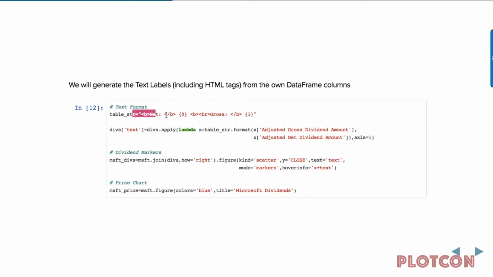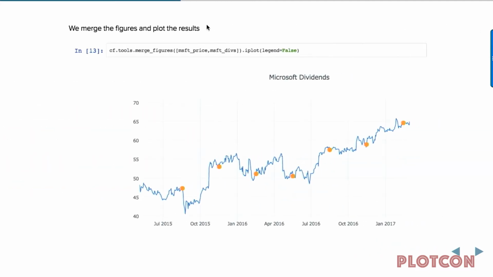I just want to set a nice way to display this when I hover over the markers, right? So I can just add these merging figures that Cufflinks allows you to merge all the figures that you may want to get, and I can start seeing here all my different dividends over the pricing data, right? And any other information. You can also add news headlines, news stories, or anything else that you may want to overlay over this pricing time series,